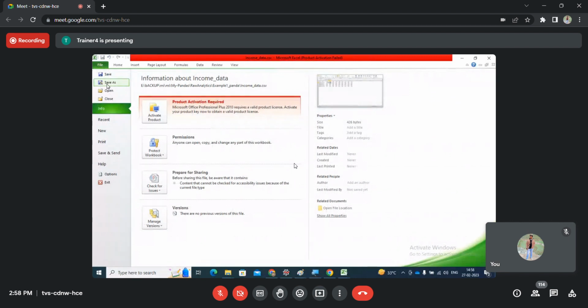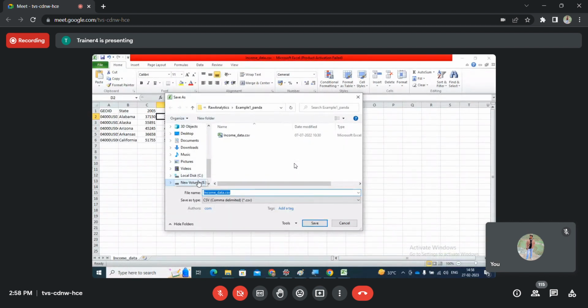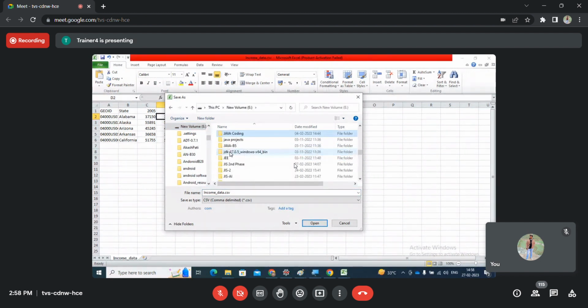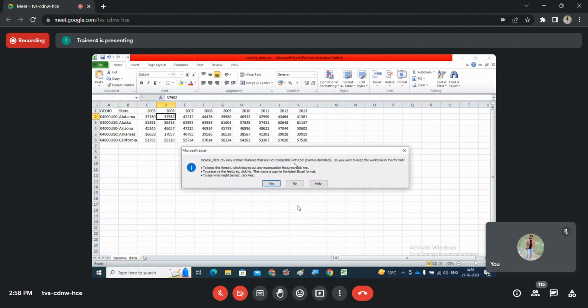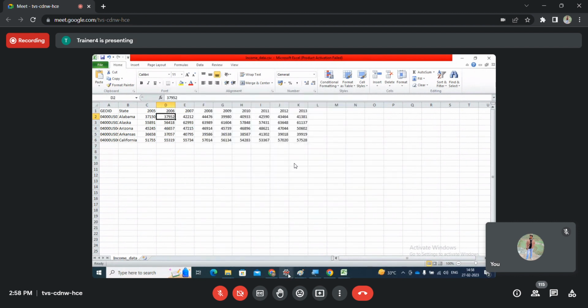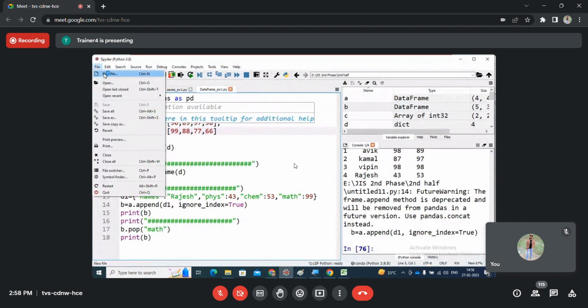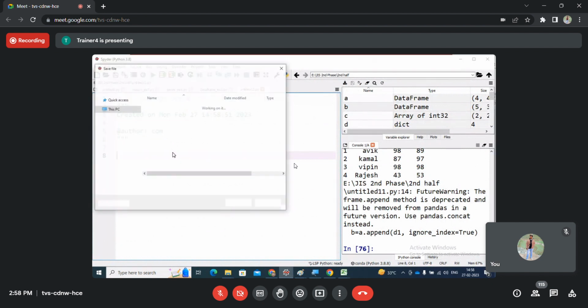Maybe I save this. Save as, maybe in the E drive, JIS second page, second half folder. I save this file. Now I create a program. File, new file. Okay, save this file as